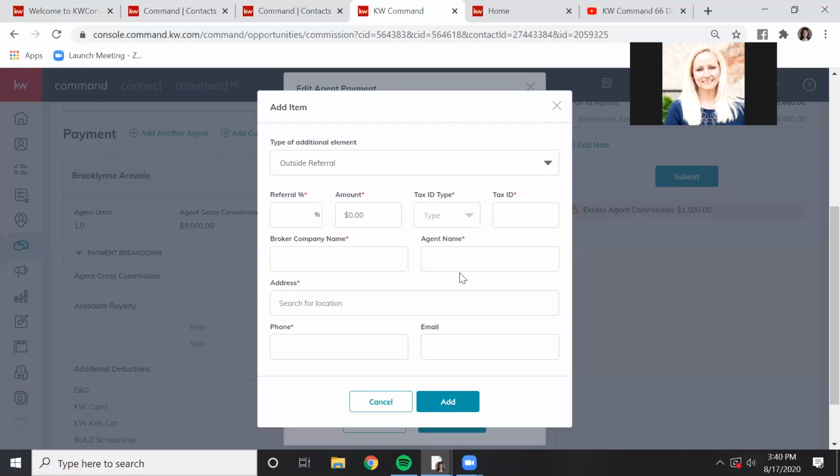You click outside referral. One of the most important things about this is that now you're actually entering the information from the W-9. You've got the percentage of the referral. It's always going to be an EIN number. You'll pull that from the W-9. The brokerage company name will be on there, and then obviously you know who the agent was that referred them. The address will also be on there. In my experience, the phone number is not on there, and I've tried to Google it a couple of times and couldn't find it. So I just simply put